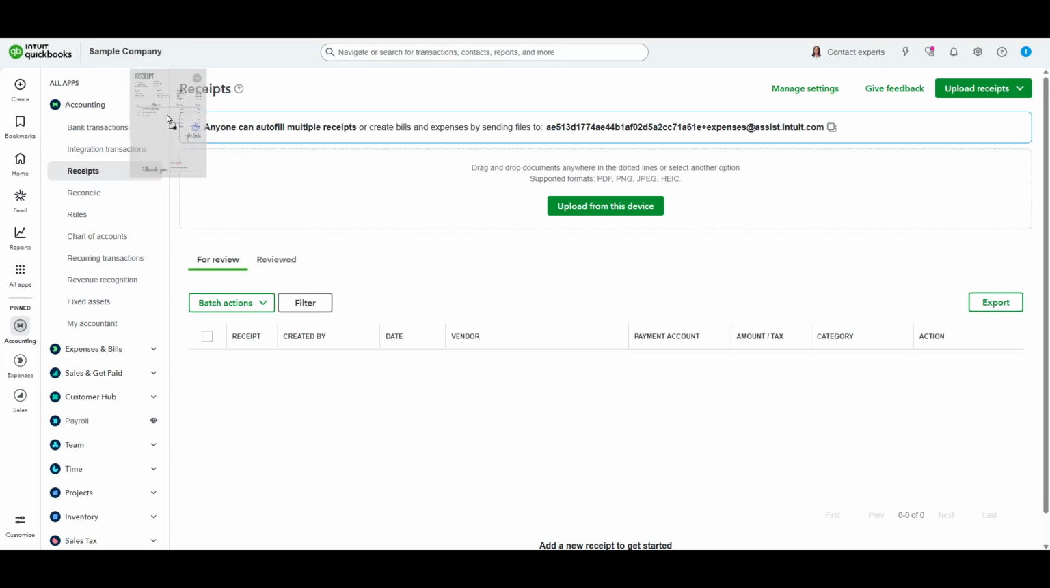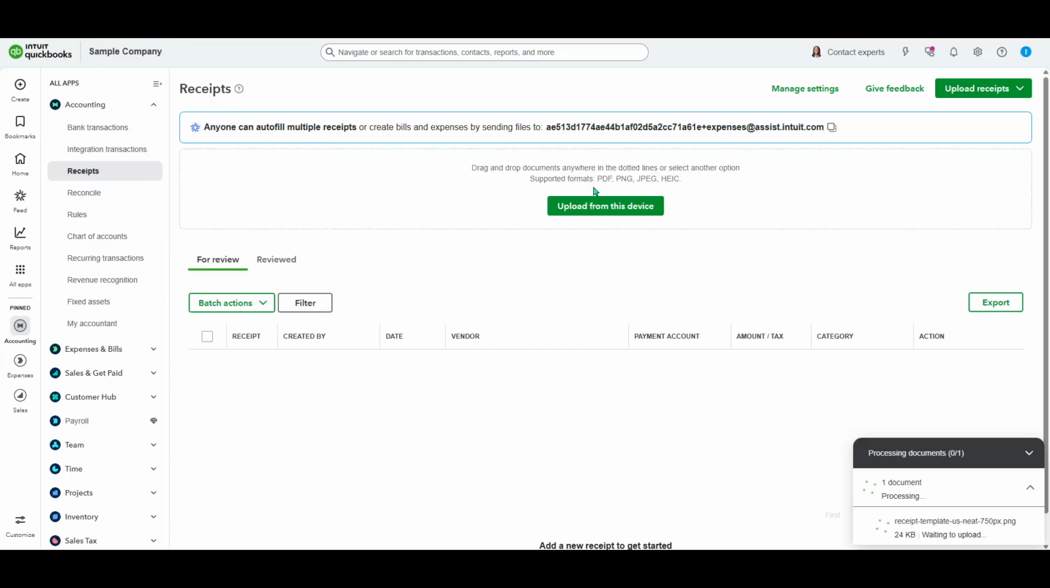A few tips here. Make sure your receipt photo is sharp, well lit, and shows the entire document. Common formats like JPG, PNG, and PDF work well. If the receipt is crumpled or cut off, take a moment to rescan or rephotograph it so the details are